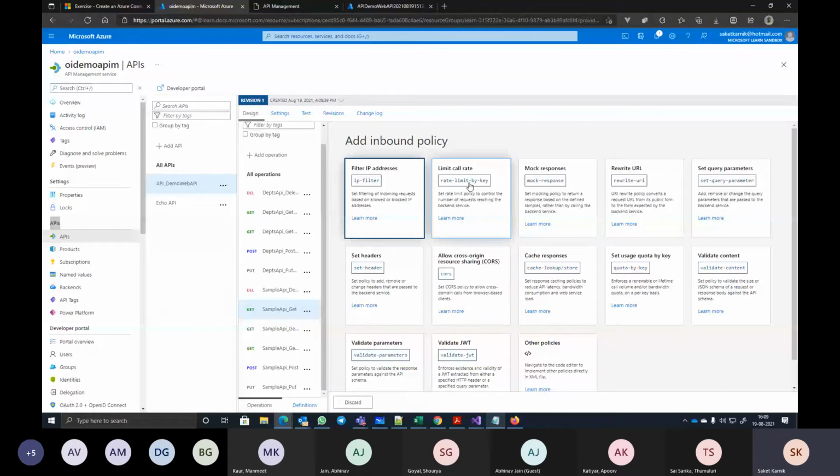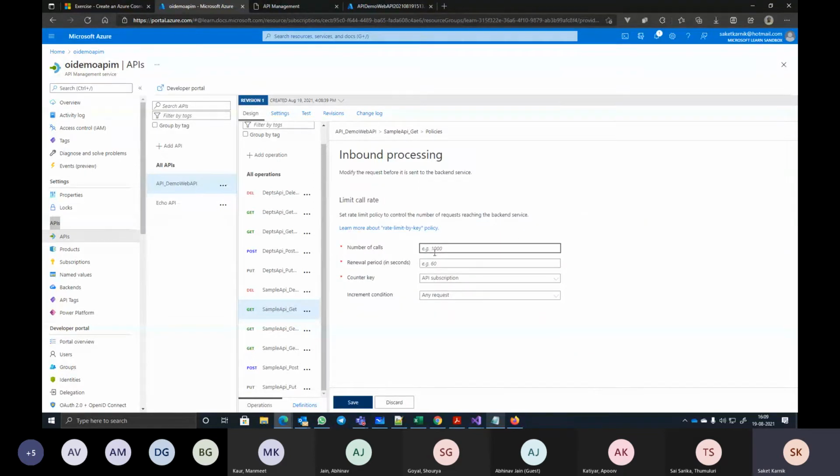If I want to limit the call rate so that more than 10 calls shouldn't come, I can specify the number of calls, 10, within a period of, let's say, 10 seconds. If more than that number of requests are coming, I'll block that IP address until the 10 seconds are over. If I make it 60, it means within 1 minute only 10 calls will be allowed.